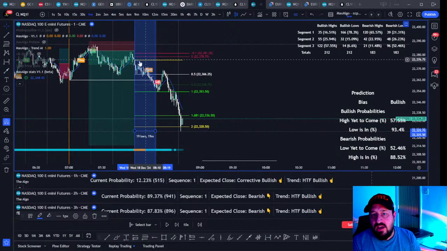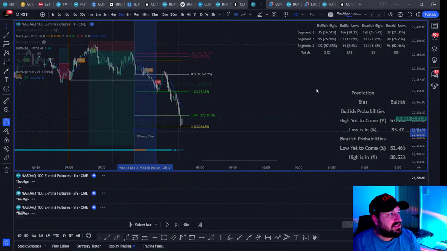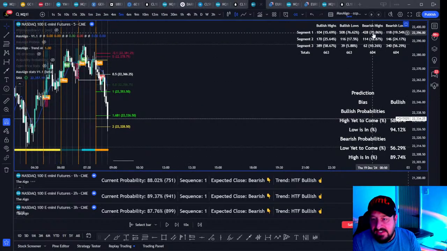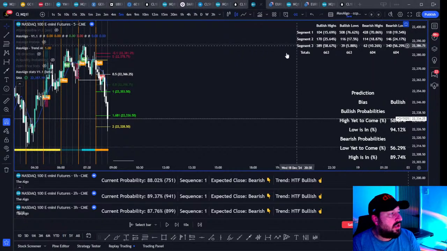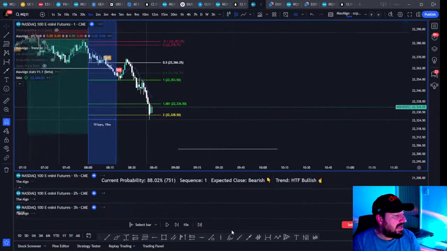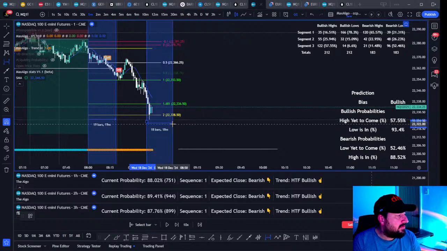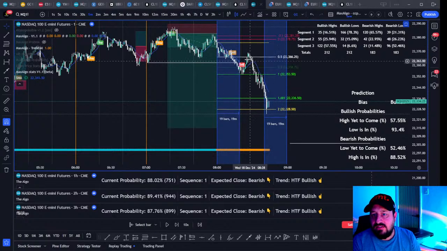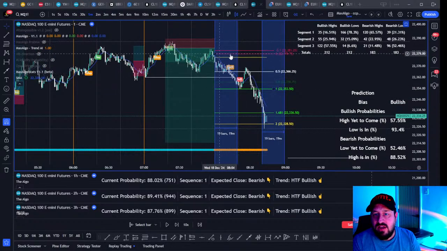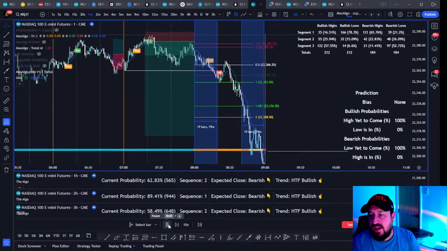This is where we expect the high of a bearish candle. If we go up to the 5 minutes, increase our data, 70% of the time, we expect the high in the first 20 minutes. 56% of the time, we expect the low in the last 20 minutes. Right? Last 20 minutes. We're entering here. We've got all this data for where most of the lows happen. So we expect our high here, we expect our low round here, as that's how a bearish candle forms.